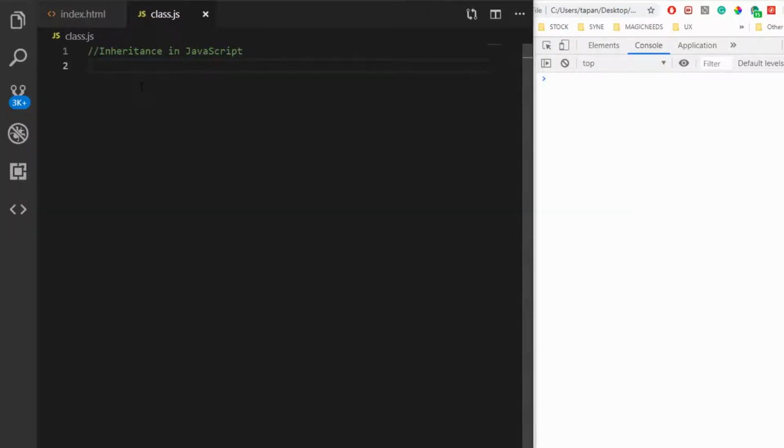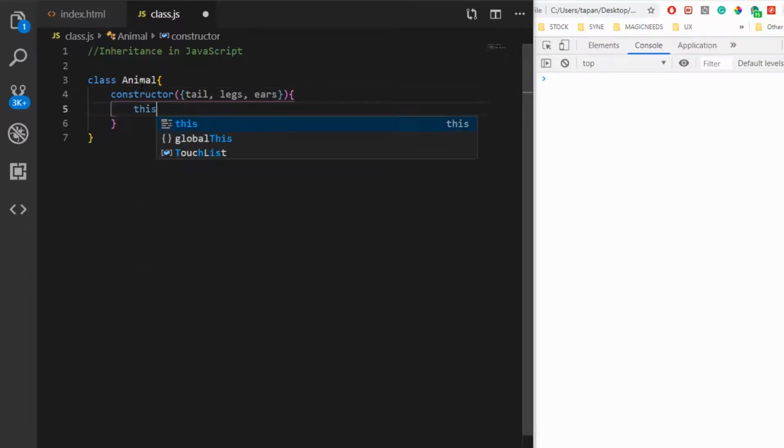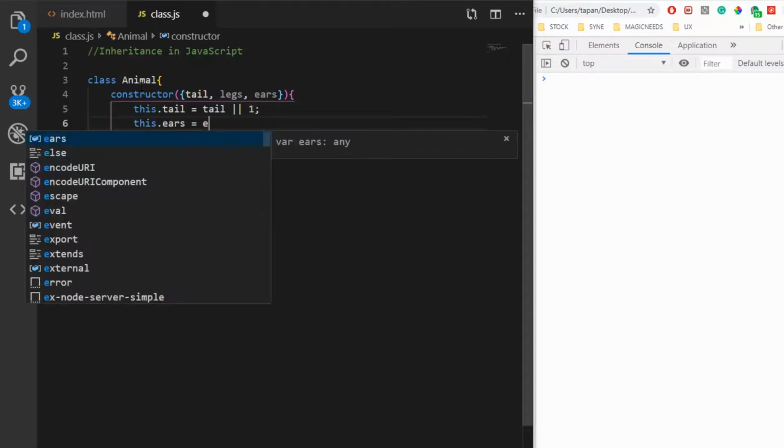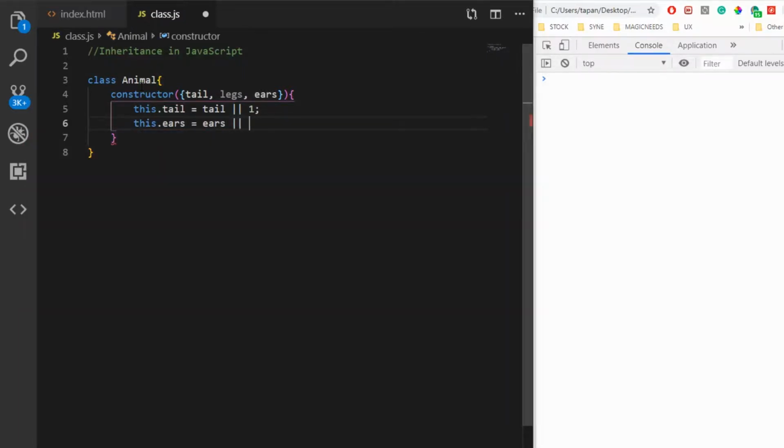To do that, let us create a class called Animal. An Animal will have a constructor which will have properties like tail, then legs, and maybe ears. Okay. And then let us construct it. this.tail equal to tail, or by default 1. Same way, this.ears equal to ears, by default 2,